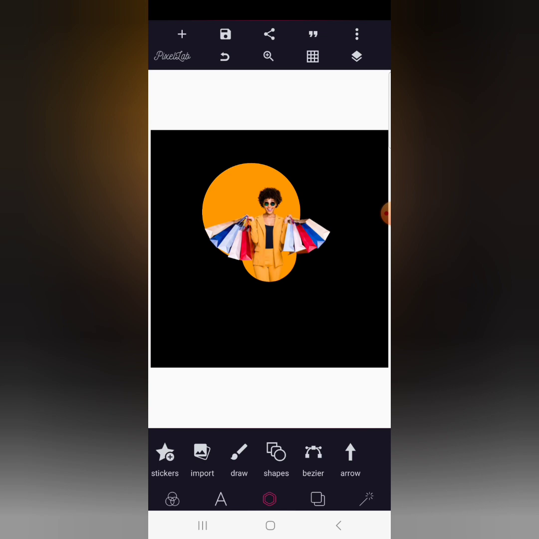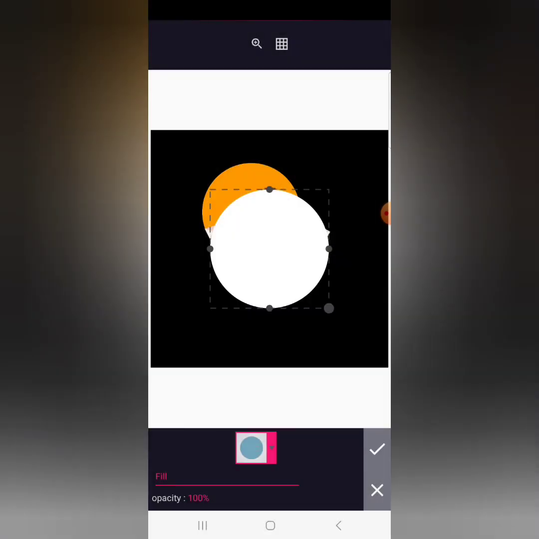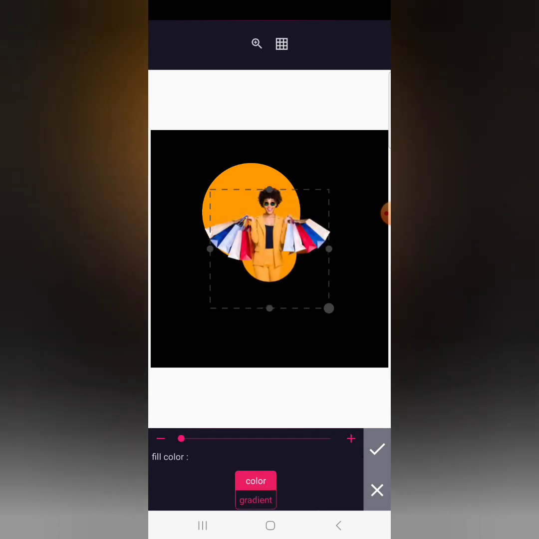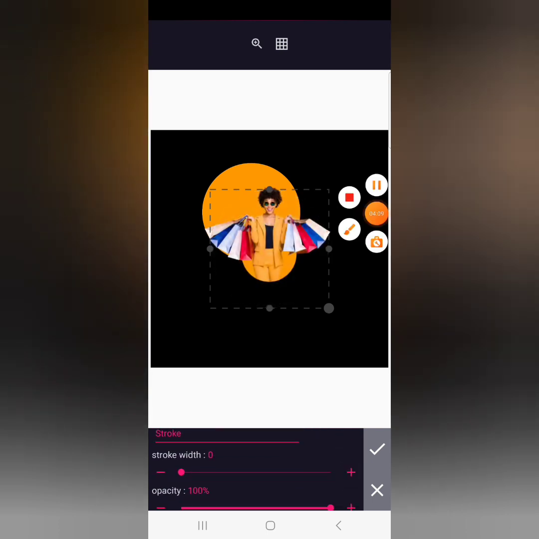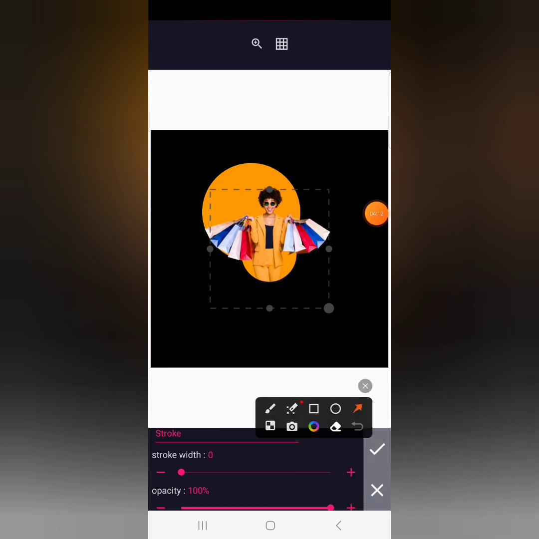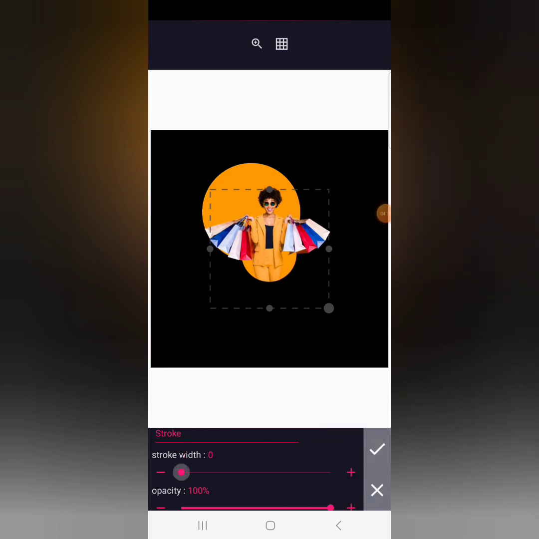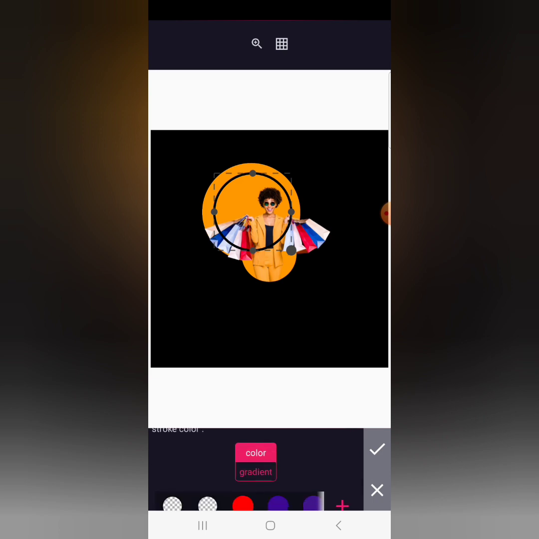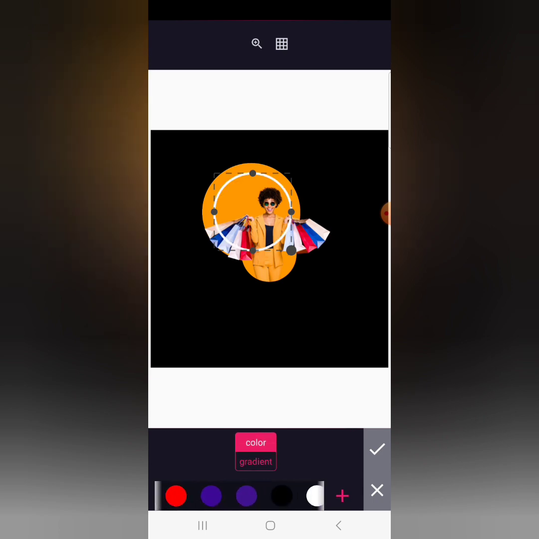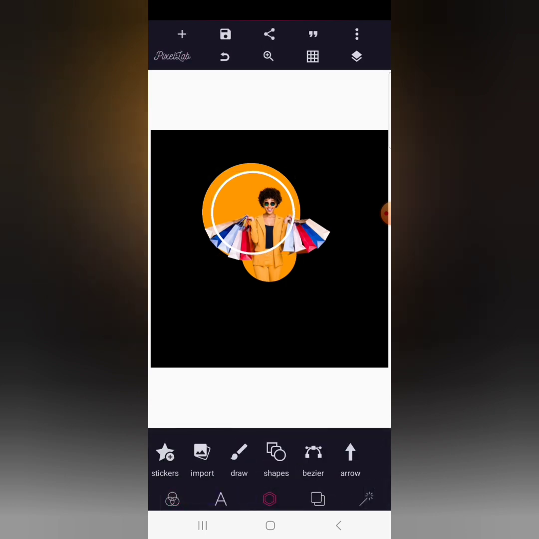Now go to shapes, choose a circle, but then reduce the opacity completely. Then you go to stroke. You just come to stroke here, increase the stroke width to about 10. Then you can reduce the size this way. Then give the stroke color white, make it white. Then you can increase it this way. Carefully place it like this, then copy it,